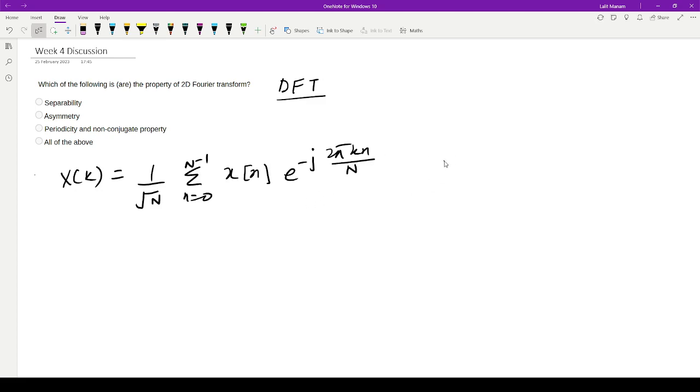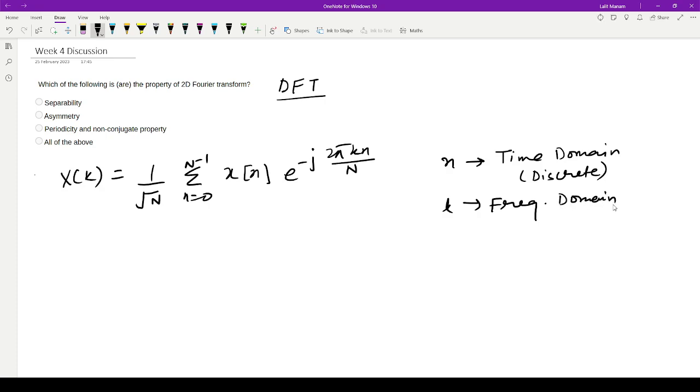Okay. Can anyone say what n is? Small n? Input domain, time domain, but it is discrete. Well, everything is discrete in DFT. What about k? k is the frequency domain, which is also discrete. What about capital N,